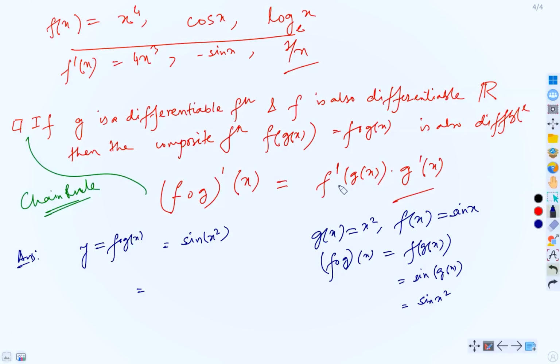So it is saying differentiate f. So what is our f(x)? It is sine x, right? But you need to have g(x) inside. So what is the differentiation of sine? It is cosine, right? But we need to have g(x), therefore it would be x square. And then we need to differentiate our g(x). What is our g(x)? Our g(x) is x square, right? Differentiation of g(x) is 2x, yes. Therefore the answer is 2x cosine x square, right?